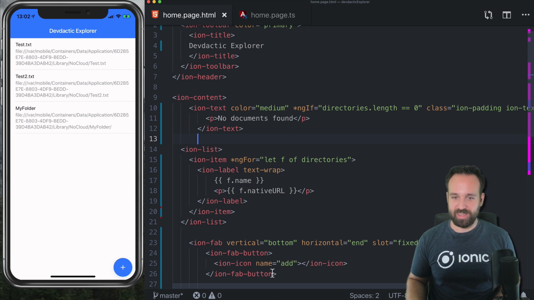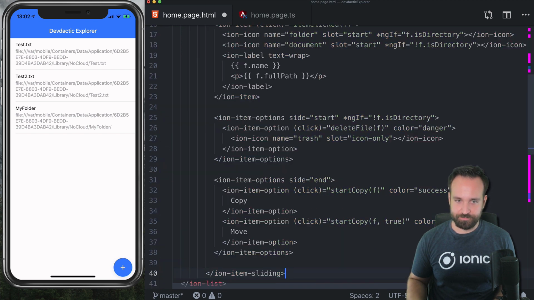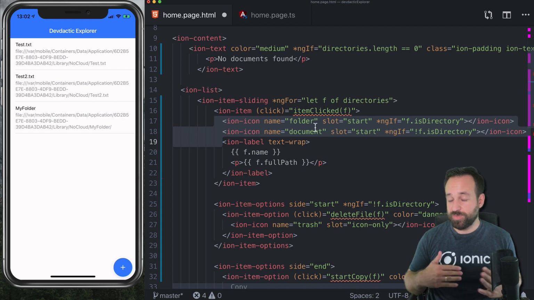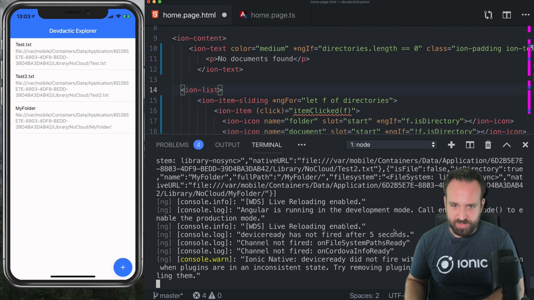A little additional thing here, if we have no files, of course, which is an Ion sliding item. Let me bring this in instead of the item that we use right here. So this is the Ion item sliding. This one allows us to slide the entry into 2 directions. We will still use the same iteration. We will present an icon for the folder or document, whether the file is a directory or not, which we could actually now see from,